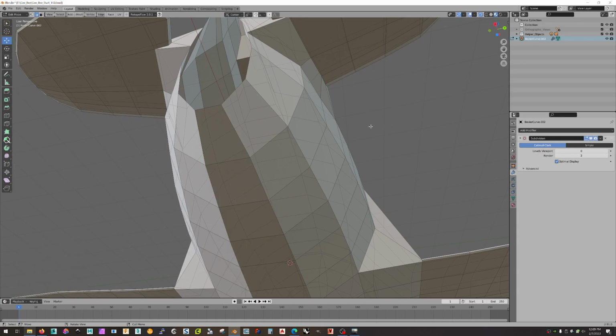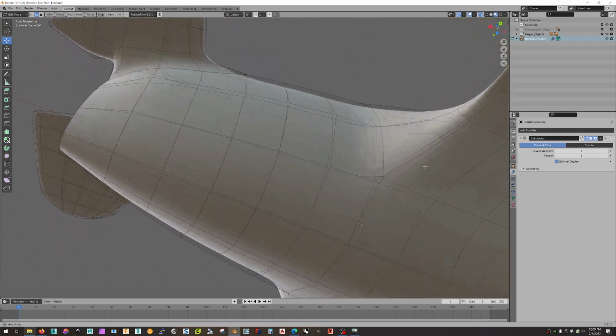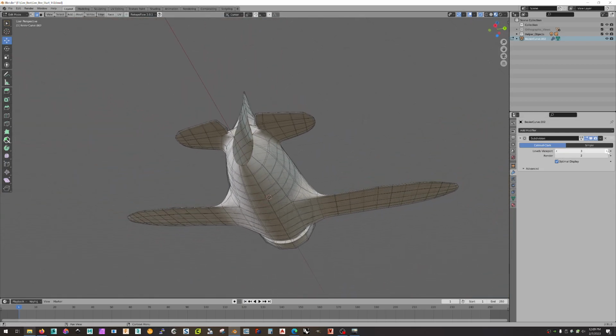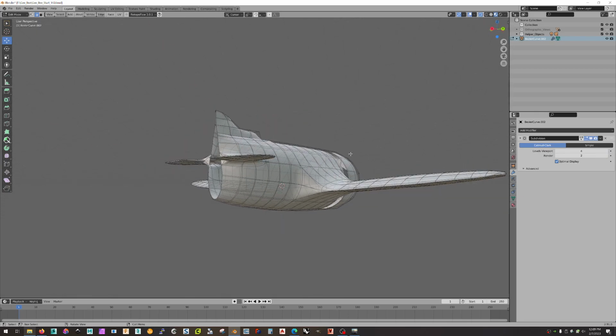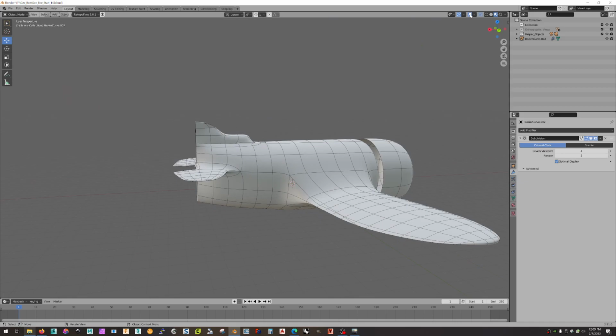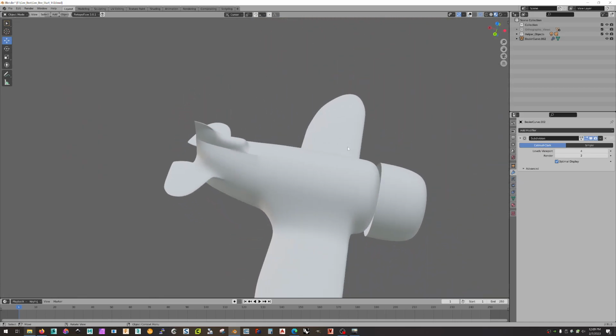Bridge edge loop. All right, then let's go back in and see if that fixed it. Yeah, that was it. Okay, so that begs the question of what exactly happened there. All right, so let's talk about that. So what happened in that instance, let's turn off our overlays. What happened there was that